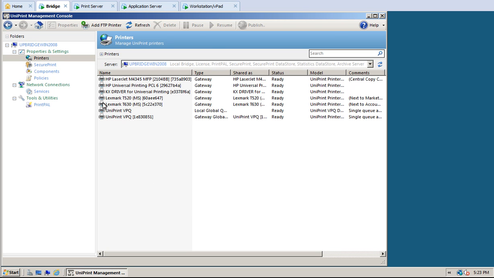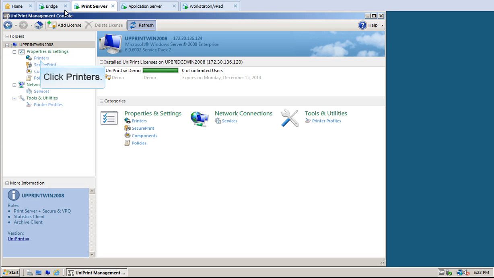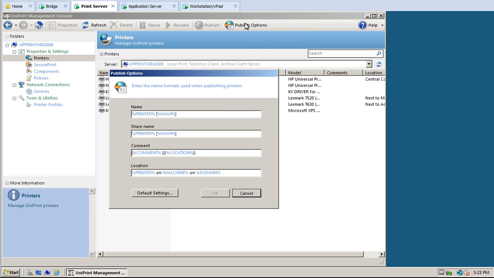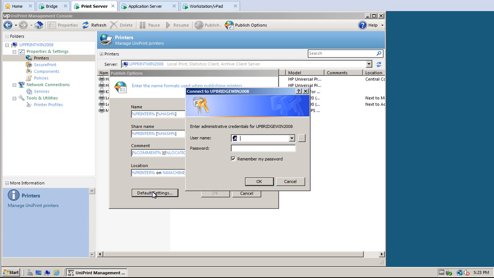We can also set default printer properties for any new gateway printers added to our network. To do this, go to the print server. Click Printers. Click Publish Options. Here you can not only change the naming convention for gateway printers, but you can also set default gateway printer properties. Click Default Settings. Since local printers on this server are enumerated to the bridge, we need to access the bridge from here. Enter administrative credentials for the bridge,